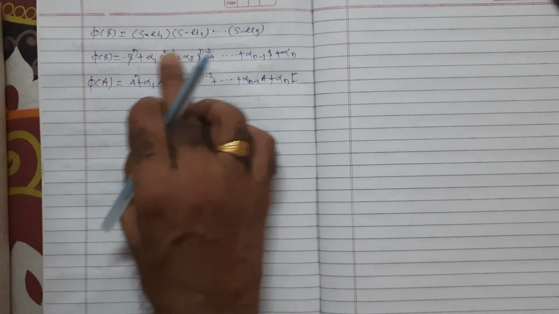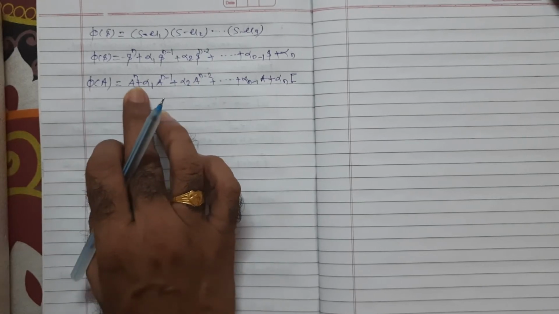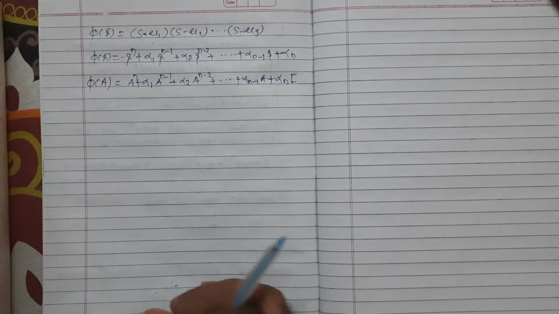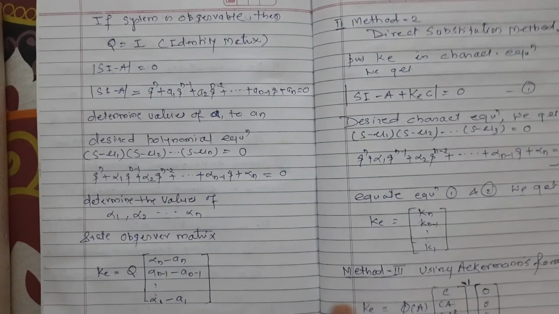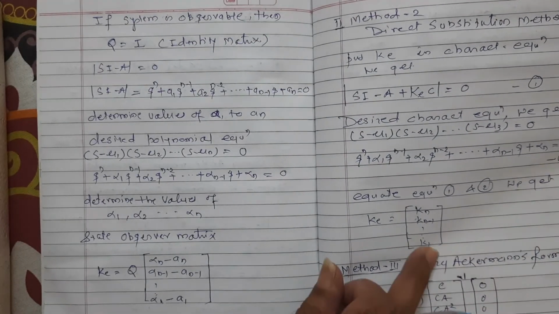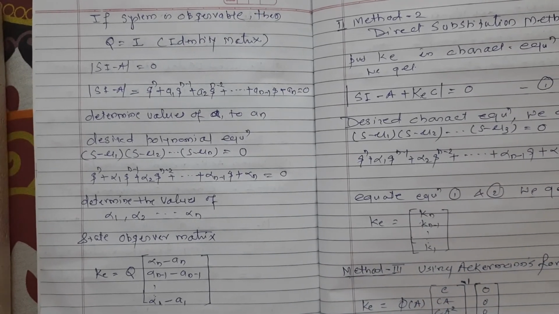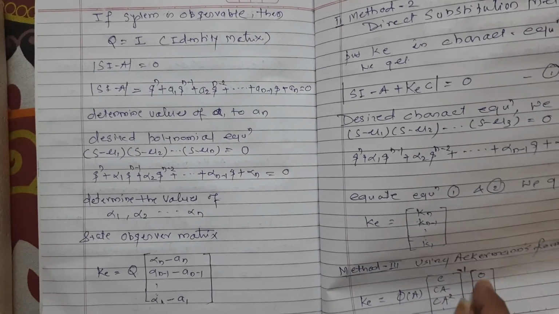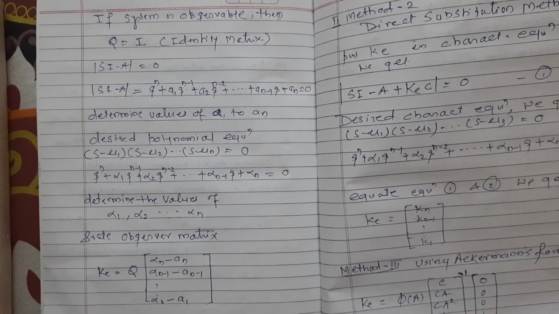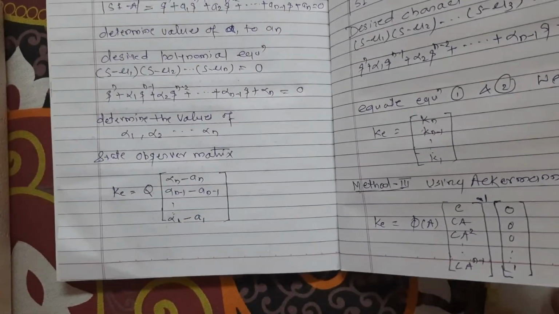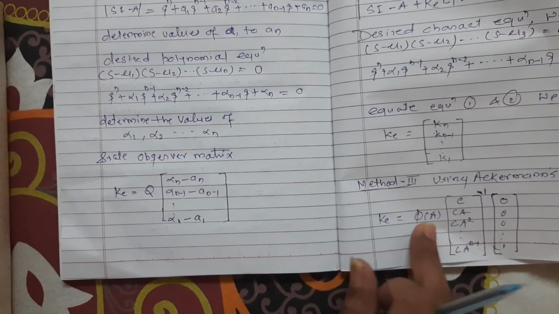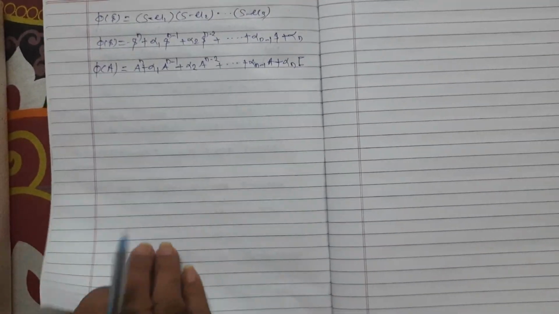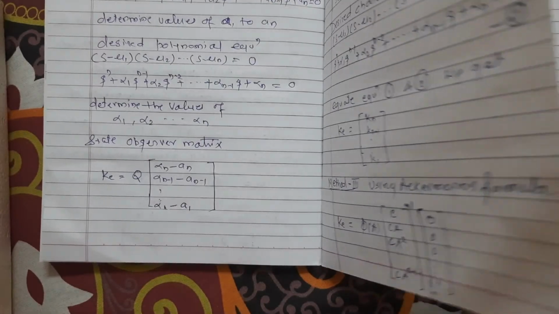Alpha 1, alpha 2, we will get from the equation, and we will put the value of A, and we will calculate the phi. This value we will put in the equation, that is phi of A equals this one. C is the system matrix and A is the system parameter matrix, that is already known, and we will take the product of these, and the inverse of that matrix, and we will multiply this by 0 0 1. Phi of A we can calculate by using this formula, and we will put this value of phi of A in the equation here.